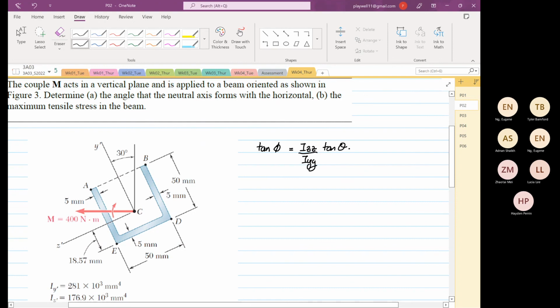So we are aware tangent theta is relative to the applied moment. So which is the axis? Okay, which is the axis? So we have to focus that this is the axis that is locked to the structure. Okay, when I say